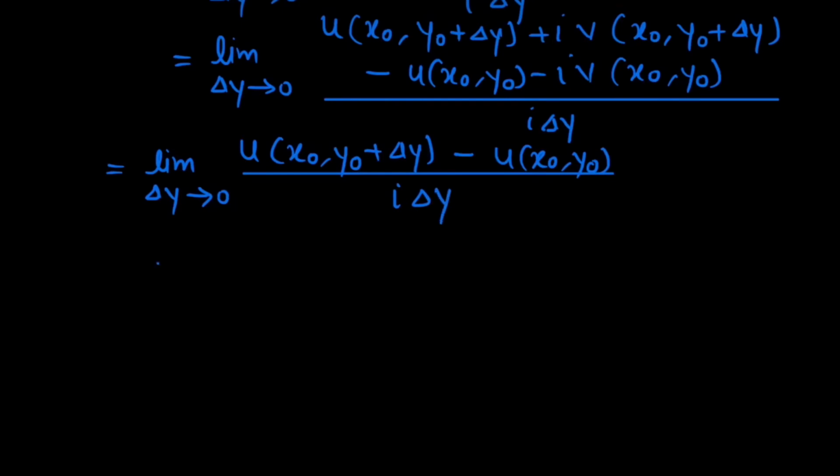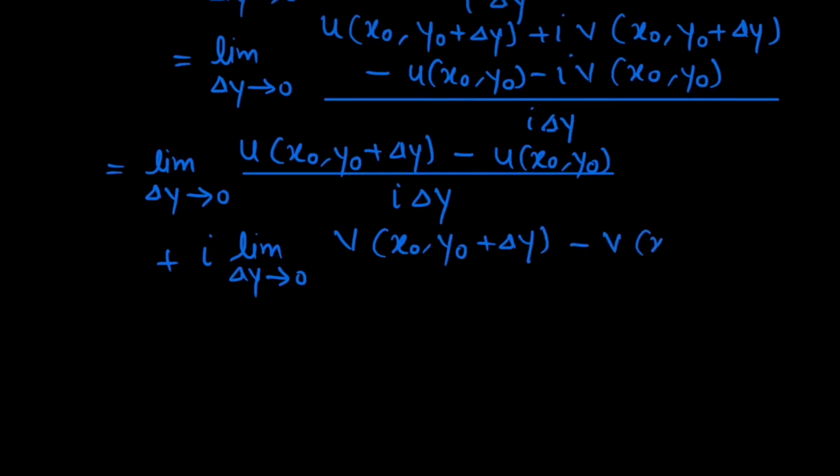Okay, and plus iota, limit delta y tending towards 0, the v term is v of x naught comma y naught plus delta y minus v of x naught comma y naught, and in the denominator we have iota delta y. Okay, so you can see this iota cancels out, so now we have